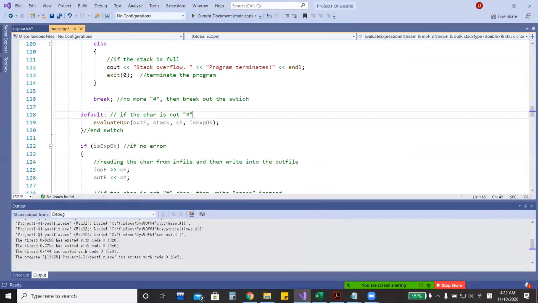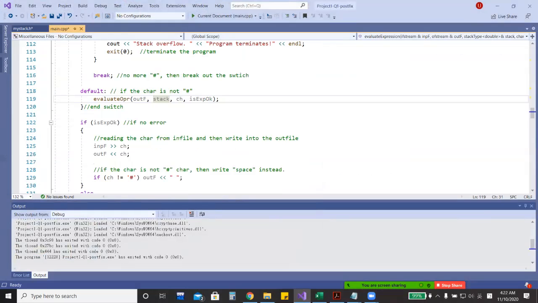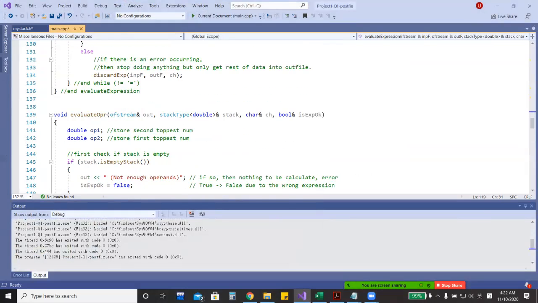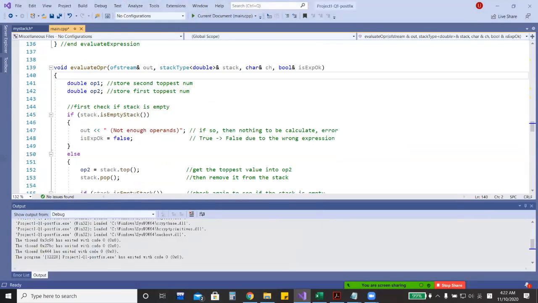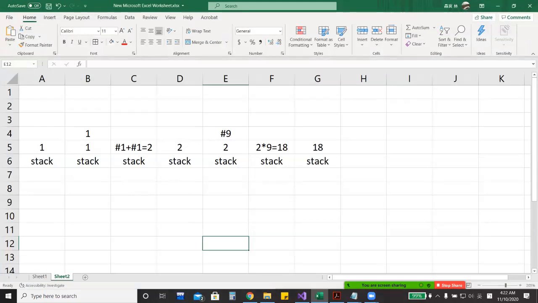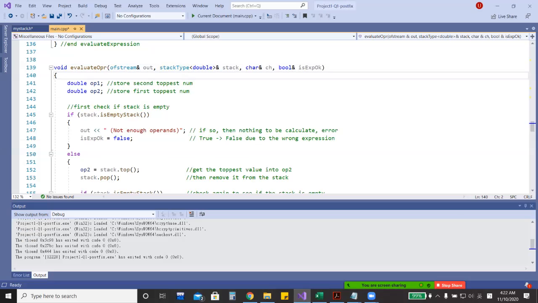So what does the default do? The default will evaluate the operator. So what does evaluate operator do? Let us take a look. For evaluate operator, we'll also take the data in the output file, then the stack, and pass the whole stack over here, and also the character that we have in the expression. Then we need to have two